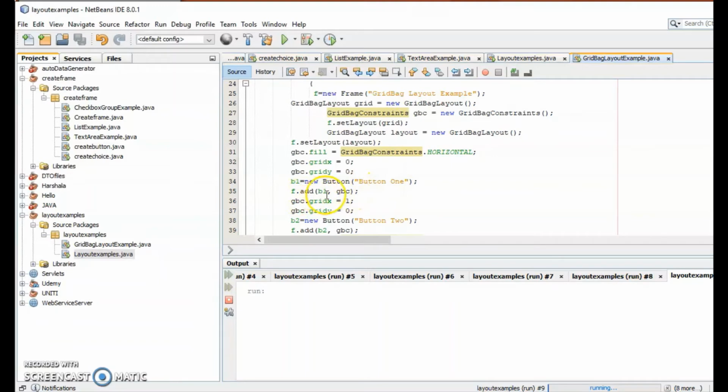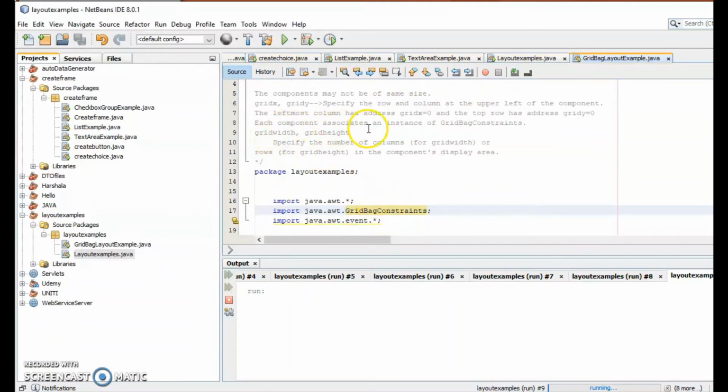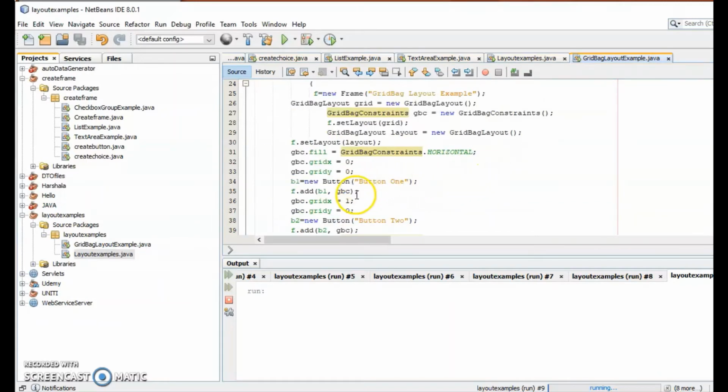When you are adding with the GridBagConstraints, each component is associated with an instance of the GridBagConstraints. So it is associated with this object. The b1 component is associated with the object of the GridBagConstraints. So gbc is the object of the GridBagConstraints.